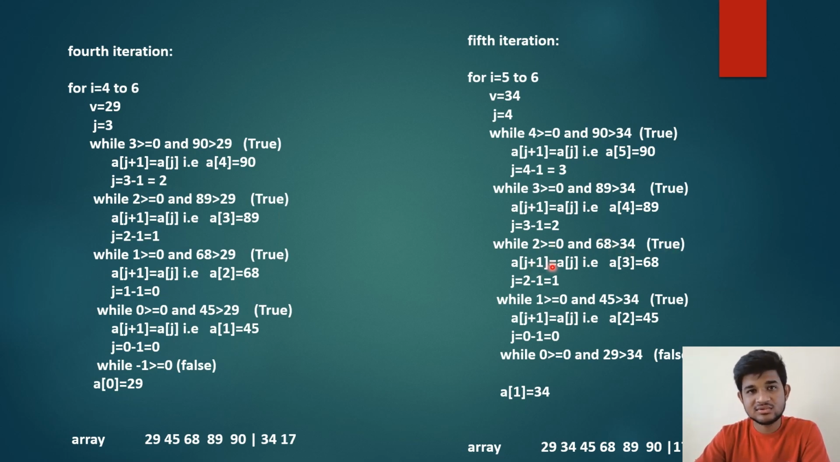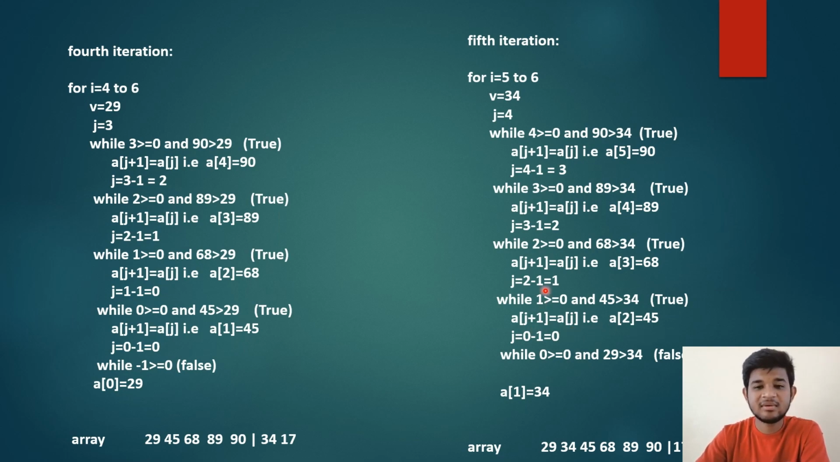Therefore a of j plus 1 is equal to a of j, that is a of 3 is equal to 68, and j is decremented by 1, that is 2 minus 1 is equal to 1. 1 is greater than or equal to 0 and 45 is greater than 34, true. A of j plus 1 is equal to a of j, that is a of 2 is equal to 45,